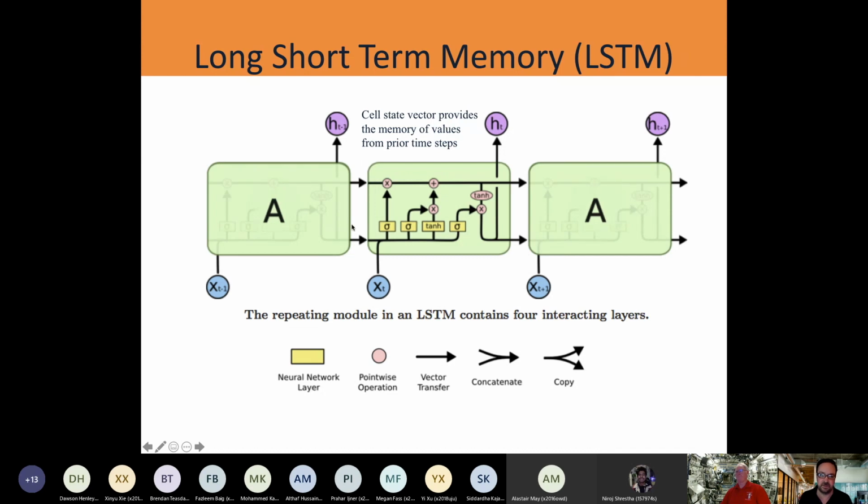So this would have been the cell state, and this would have been the hidden state from time t-1. Those are accepted at time t. And the new cell state and new hidden state are passed into the unit at the next time step at t+1.